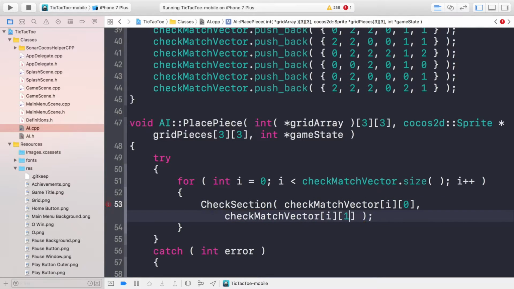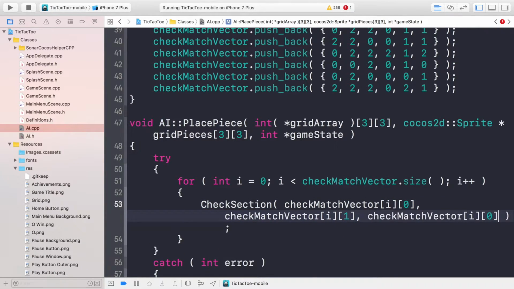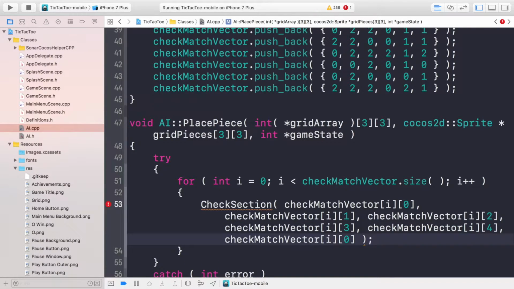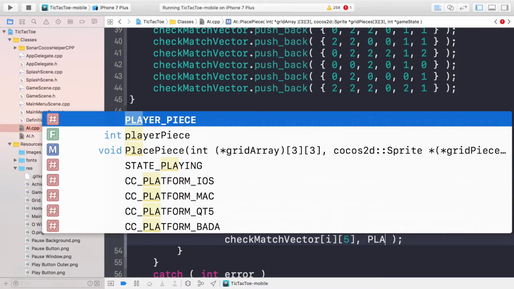We'll change this to a 1, change this to a 2, change this to a 3, 4, 5, so 1, 0, 1, 2, 3, 4, and 5. Now we need to specify the player piece,